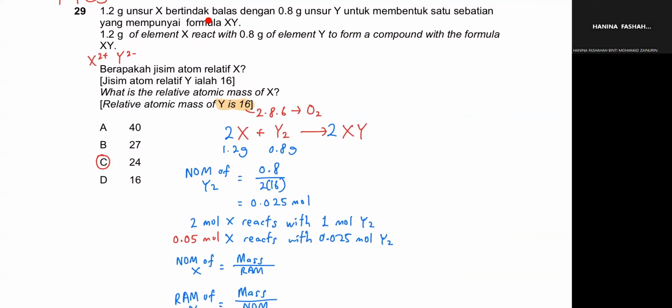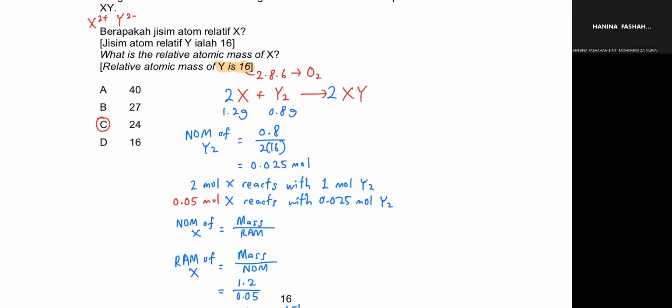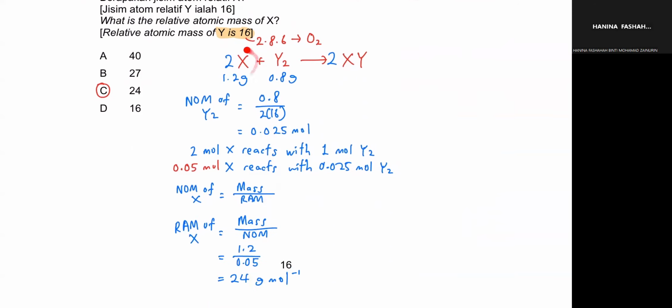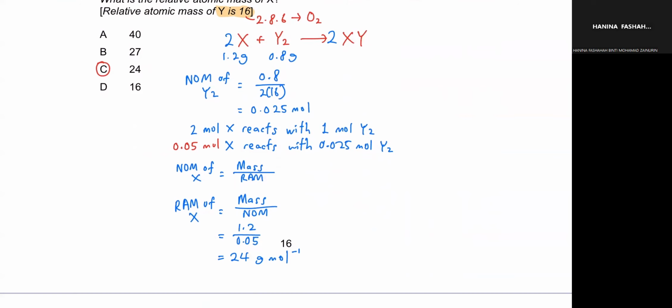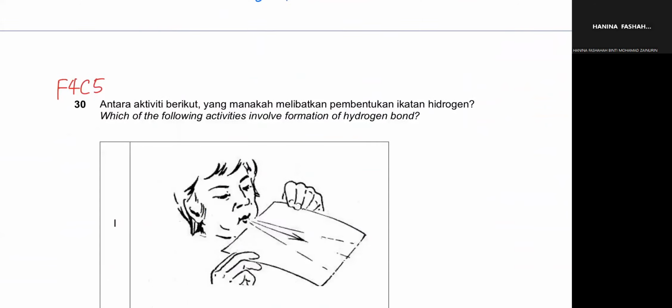Because this XY, how to become XY. XY comes from X2 plus and Y2 minus, then becomes XY. So this one is group 2, then group 17, group 15. X plus Y2 becomes XY. And later I will do the calculation. Then question 30 is